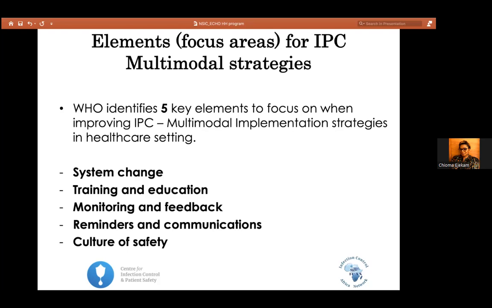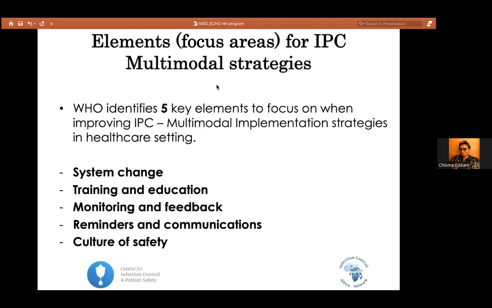There is system change. You need to provide the necessary things to make IPC programs work, specifically in the context of our gathering today, the hand hygiene program. You need to train and educate those who need to practice or improve your IPC efforts. You need to monitor and see that things are actually going as planned, and provide feedback to improve.